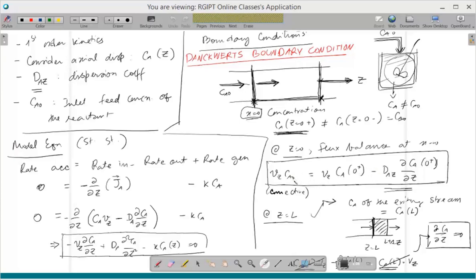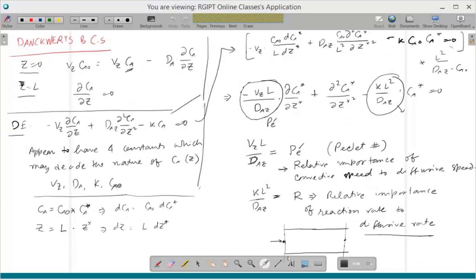means at z equal to 0 you have both C_A and its derivative. The condition is expressed in terms of the unknown and its derivatives, so this is a kind of mixed boundary condition. This is one. And next, one of the very standard approaches in modeling engineering problems